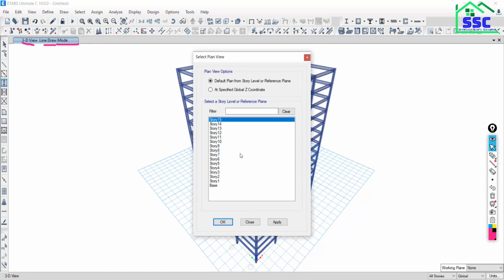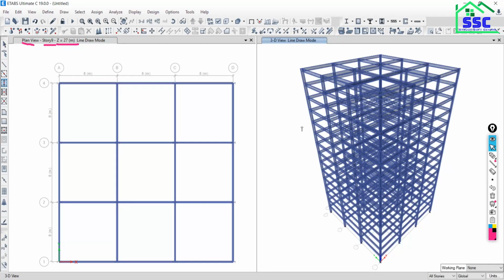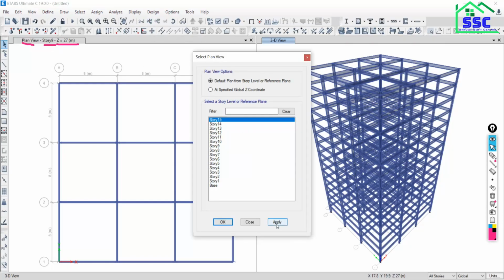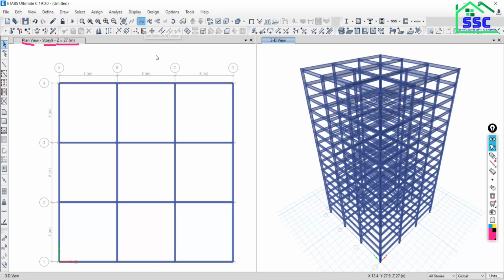Suppose, just for example, go to plan and add a new window. If you want to add any window, just click here and click on add a new window. So, 3D window. Suppose I want to delete only, go to plan, go to the 15th floor. I want to delete only, sorry, this is the 3D view.